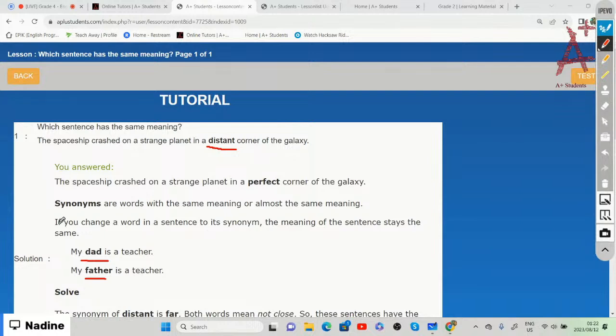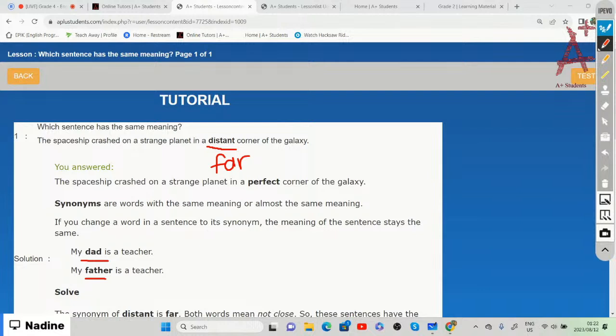So distant, another word that is the same or similar is far,